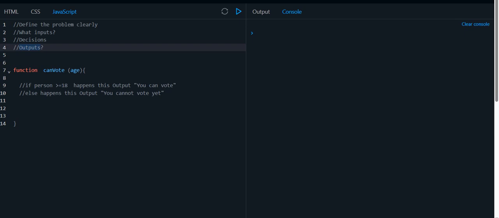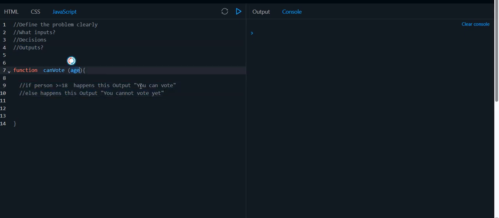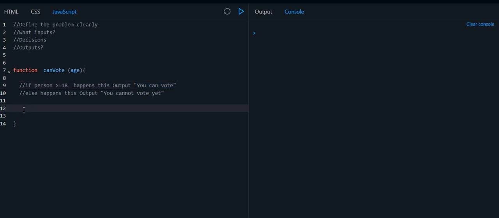Now it's time to write the function using if else. We have the logic clear because I have this input and I have this output string. Now I just should translate this text into JavaScript code, and if you know the syntax, it's simple. You put an if else. If age greater or equal to 18,